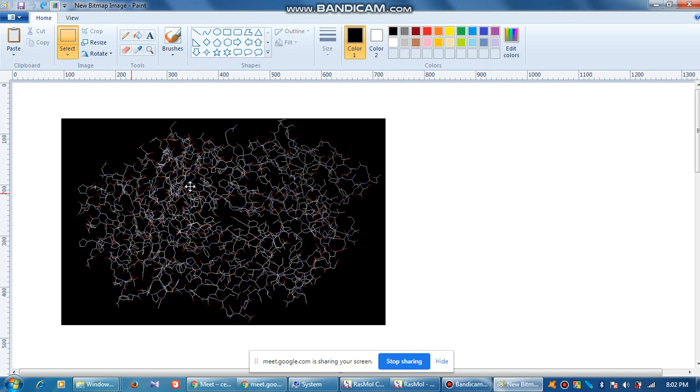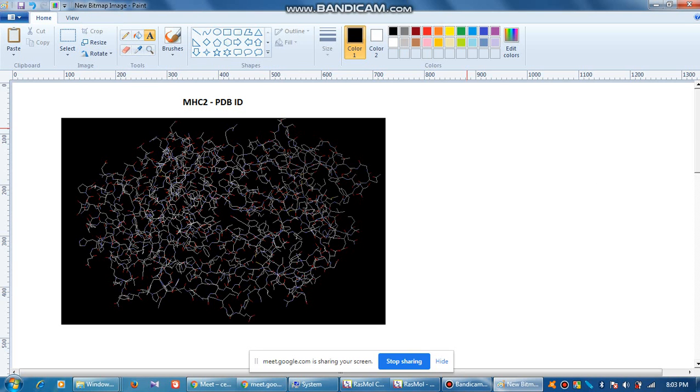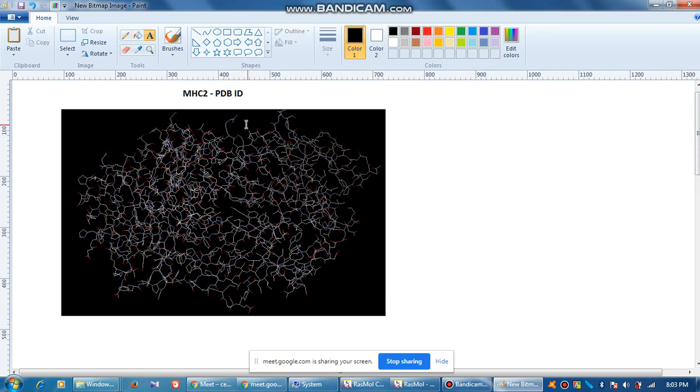Now what is the molecule? The molecule is MHC2. You write the PDB ID. Now we shall mention it down, or we will mention it here itself. It is nothing but the primary structure in space.